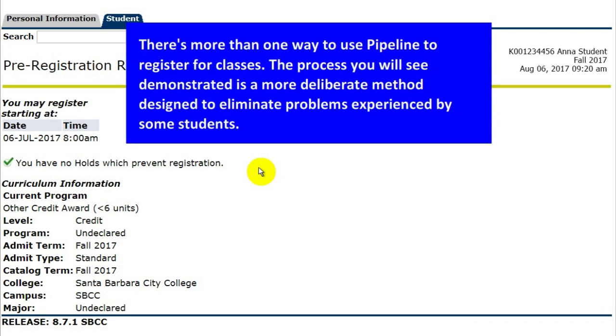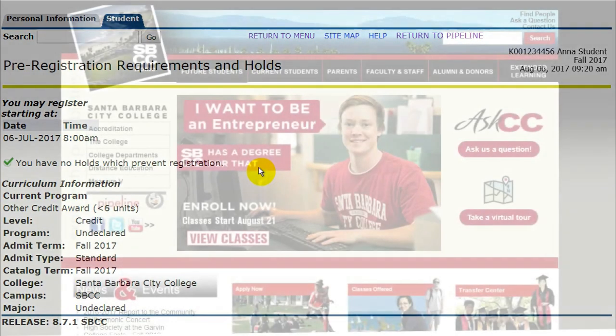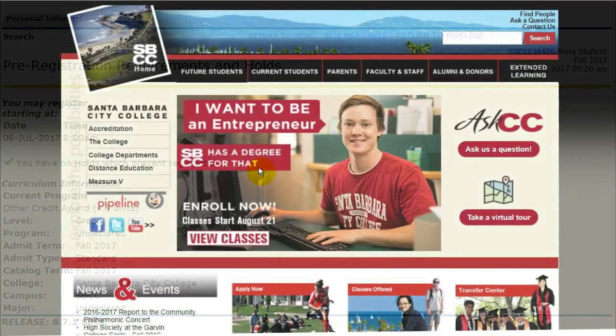There's more than one way in Pipeline to register for classes. The process we're going to demonstrate is a more deliberate method that will help eliminate problems many students experience using other methods. The recommended method starts by finding the classes you want to register for using the SBCC online schedule of classes. So we're going to leave Pipeline for the moment and open a new browser tab to view the